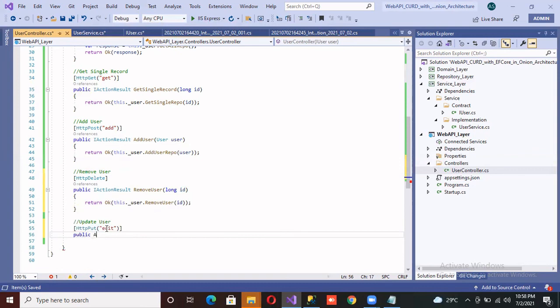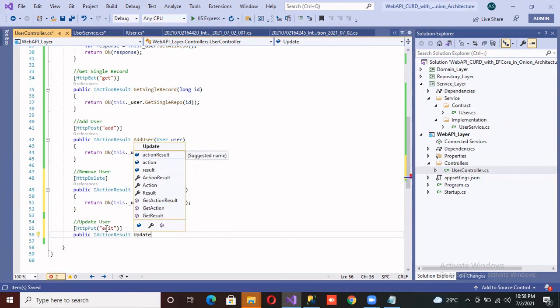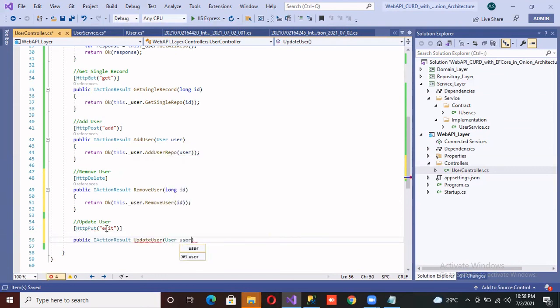Public IAction, and update user, and we need user.